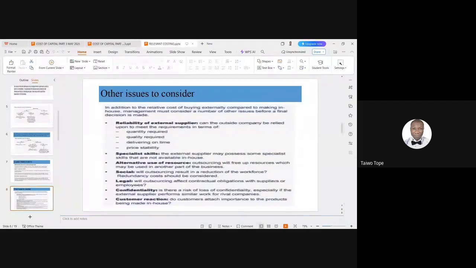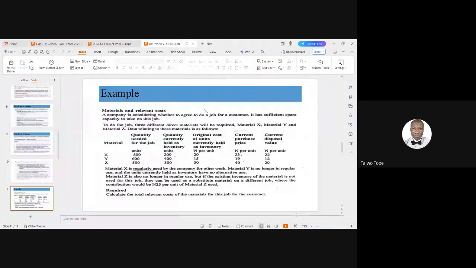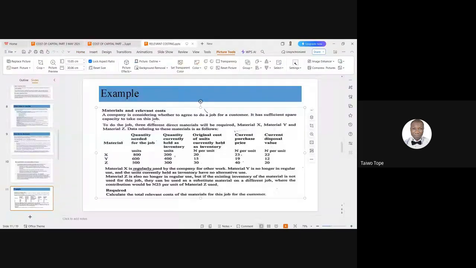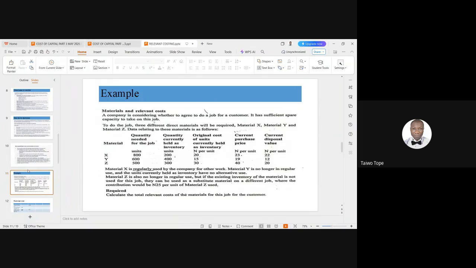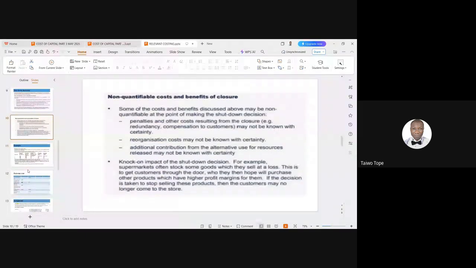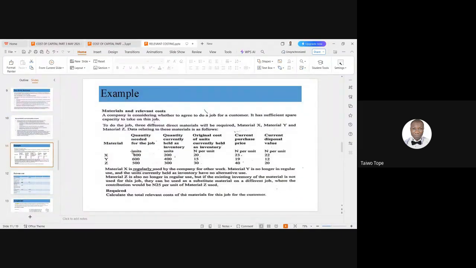Let's look at this example on the issue of material before we move to the issue of labor. Now, this is a question on materials and relevant costs: a company is considering whether to agree to do a